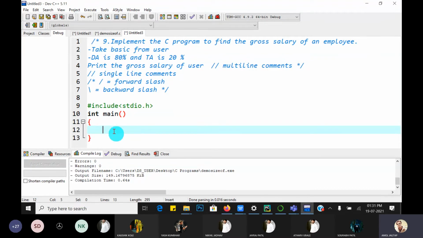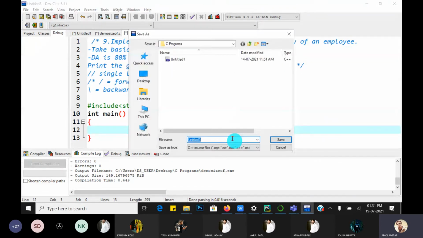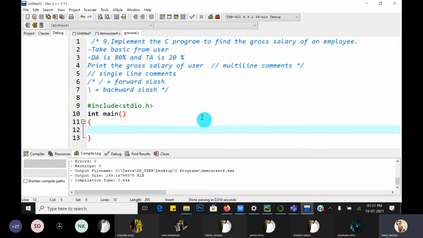Now you have to write your code here. First we require how the output is shown on the text mode window or the console. Before that, first save the program as gross salary, source type as a C source file, gross salary.c.